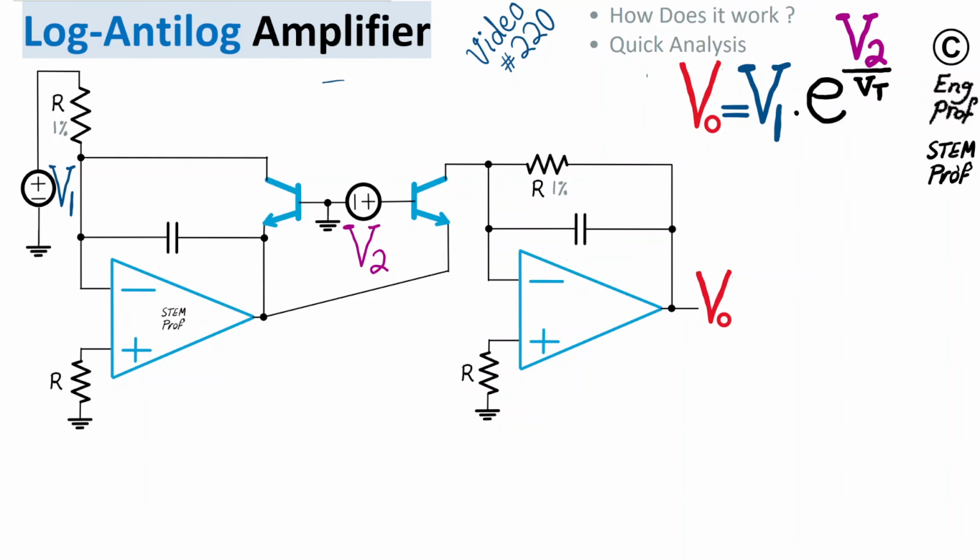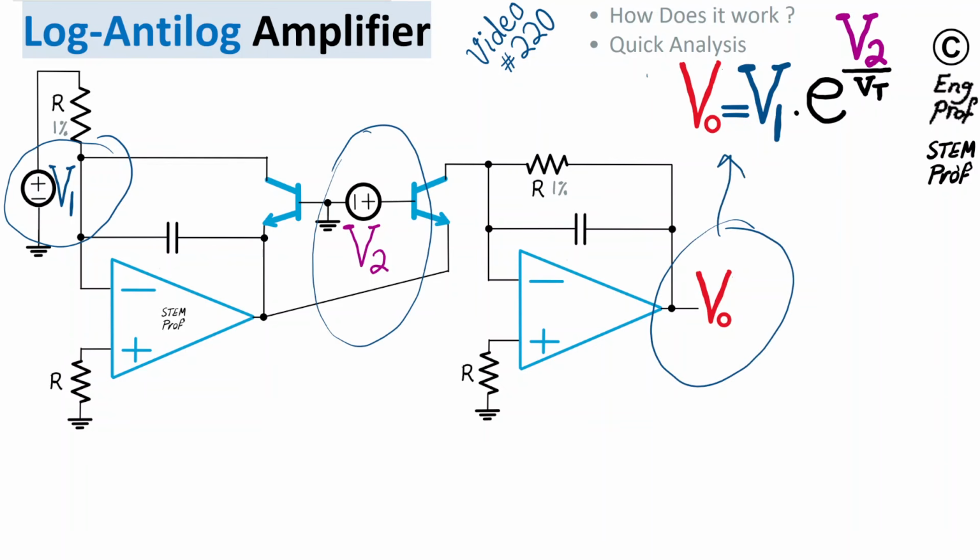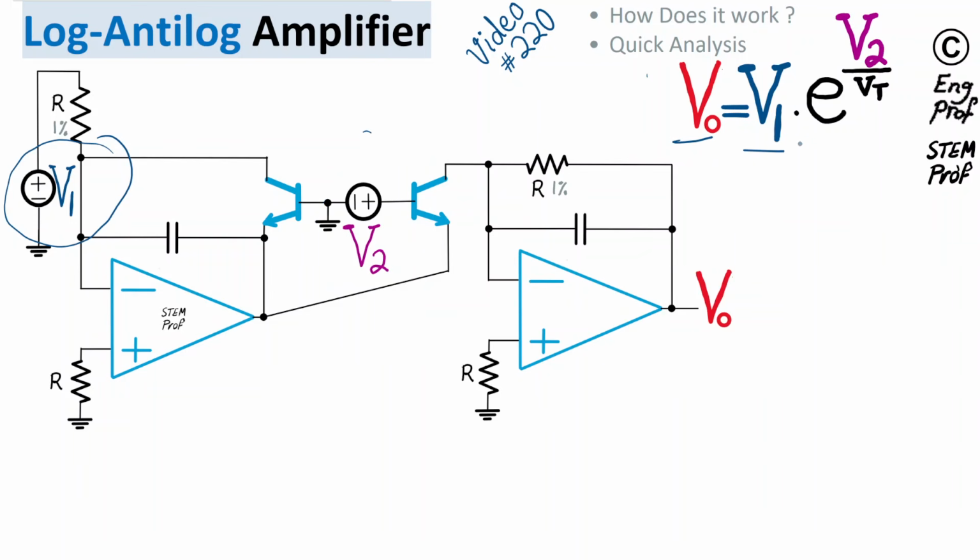A log-antilog amplifier or converter is explained in this 220th video in the circuit design playlist. Two input voltages V1 and V2 and one output voltage Vout. We want to show they follow this exponential formula that looks like an extended version of the Shockley diode formula. We are saying Vout is equal to V1 multiplied by e to the power V2 divided by Vt, in which